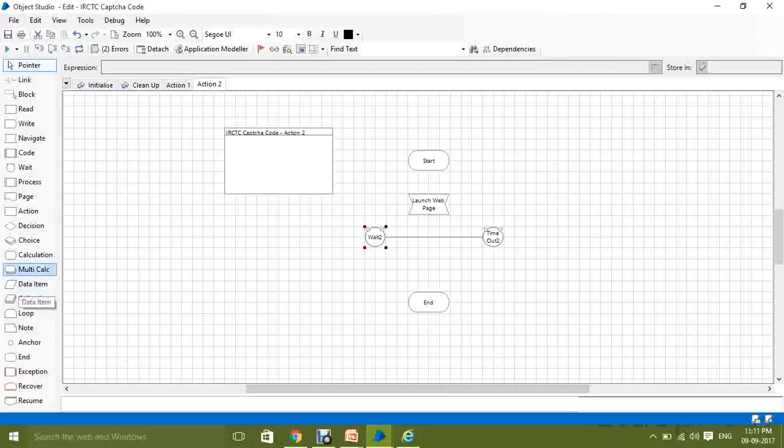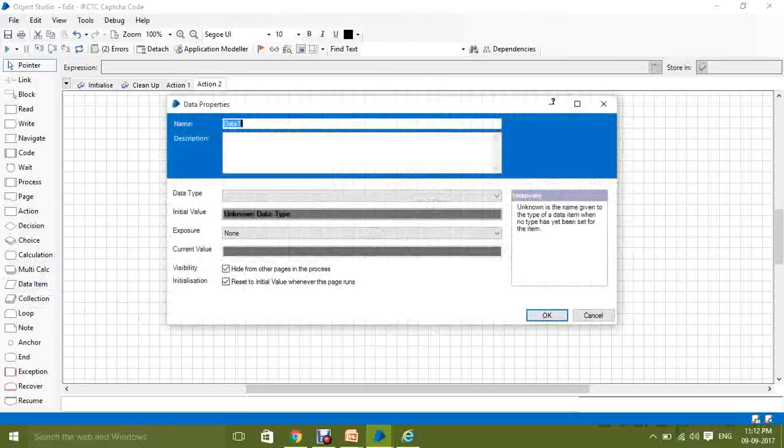And I'll take a reader stage. The reader stage will help us read the IRCTC captcha code from the surface automation concept into a data item. For that I need a data item to hold the data that I am getting from the captcha.